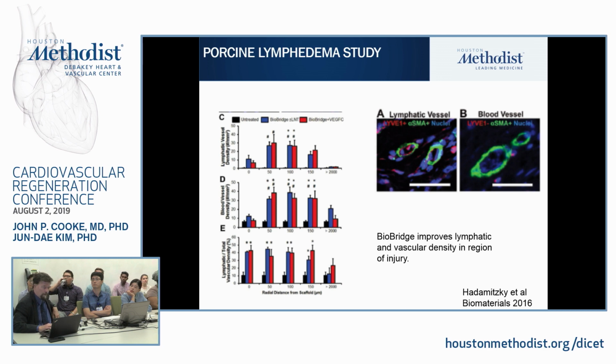We did immunofluorescence, and we looked for vessels that had both LYVE-1, which is a lymphatic protein, and alpha smooth muscle actin, which is a vascular smooth muscle protein, as opposed to those that were LYVE-1 negative and alpha smooth muscle positive. Those are blood vessels. So we just counted blood vessels, and we found that the BioBridge, whether it was implanted with the lymph node or with VEGF-C, improved lymphatic